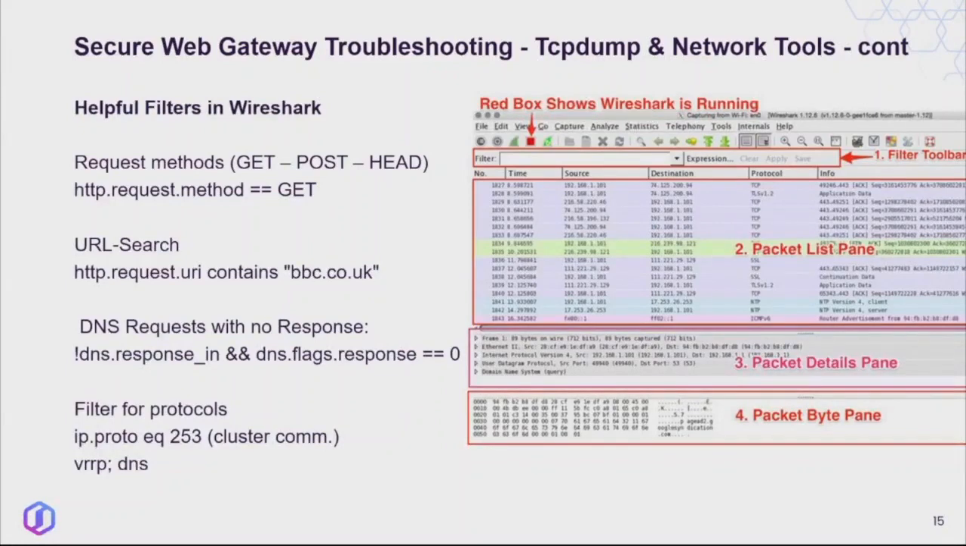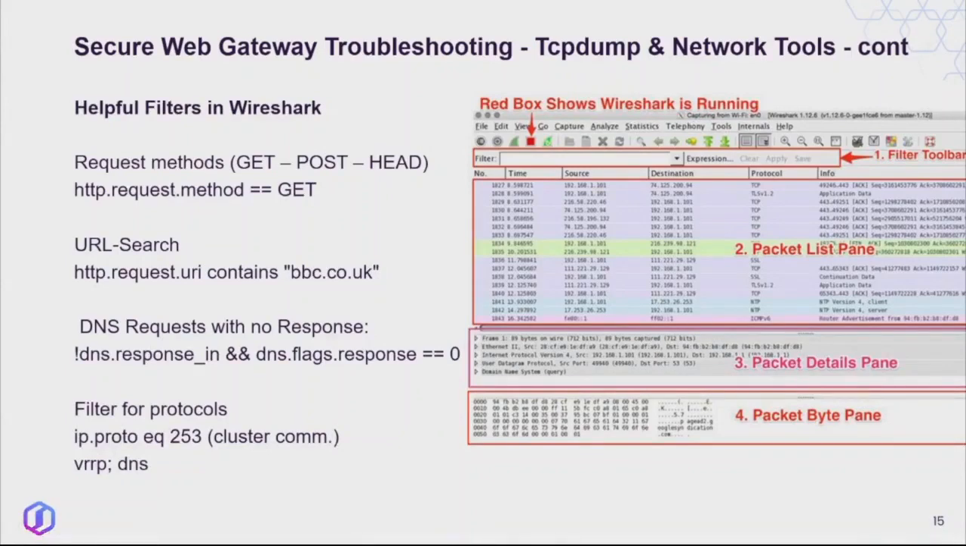If you're looking for a particular HTTP request method, whether that's get, post, head, then you can use http.request.method equals get. If you're looking for a URL search, or the DNS one's quite popular. So a DNS request with no response, that's pretty much an indication that there's an issue with DNS. Or if you just want to have a look at a specific protocol,